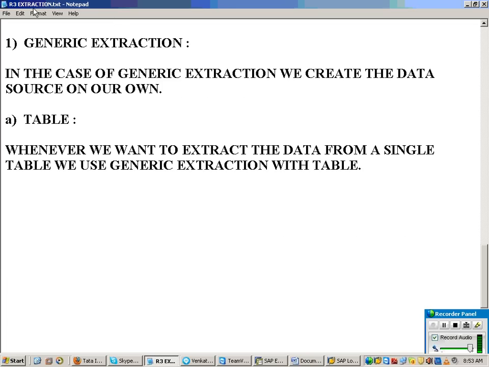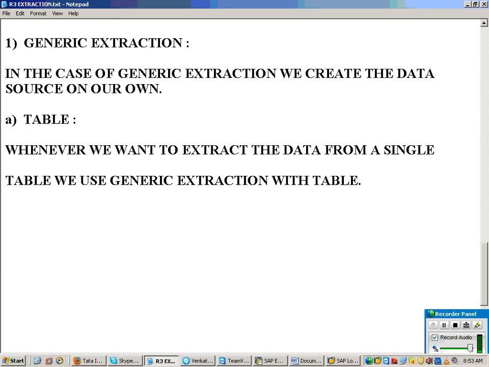R3 comes with almost 4.5 lakh plus ready-made tables, I said. It may be any table, whether a ready-made table or a custom defined table. While creating a data source, earlier you used to specify the file name; here I will just specify my table name. Same fields as your table, your extract structure will be formed.